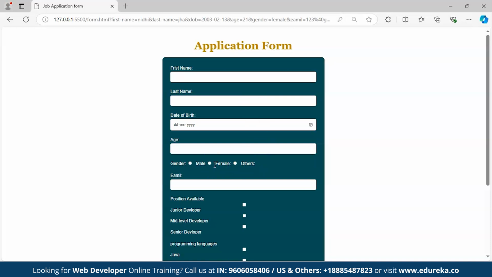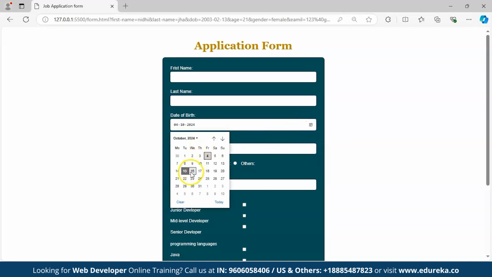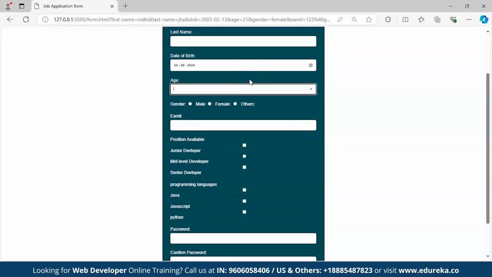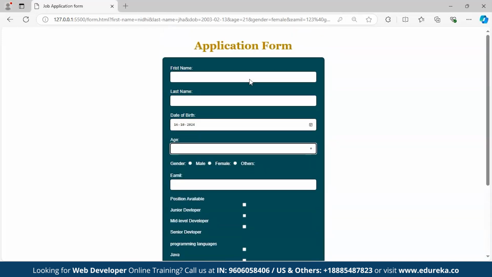And one more functionality I want to add in my form is that whenever I enter my date of birth, it should automatically calculate my age. So this is the function that I want to apply in my form. So first thing that we are going to do is discuss the topics of JavaScript that